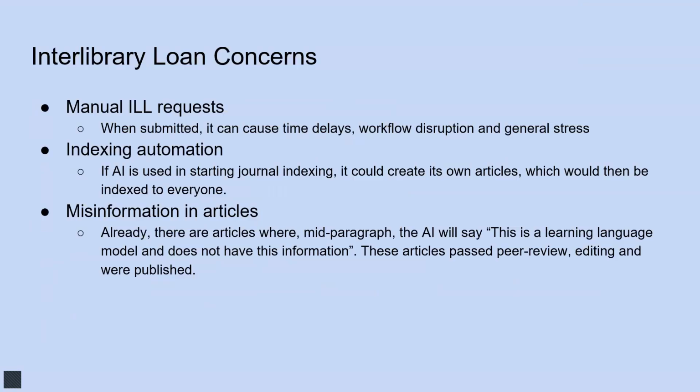Because this whole thing could lead to, if people hadn't just come into our office or hadn't used our libchat function, they could have just submitted them using a blank interlibrary loan form, which we make available because we don't have everything indexed. And it can create a lot of problems. If the indexing gets mixed up with ChatGPT, we could have a situation where our indexing is ruined, and then people are submitting what they think are real articles, but it's not. It's just AI slop, which isn't going to be great.